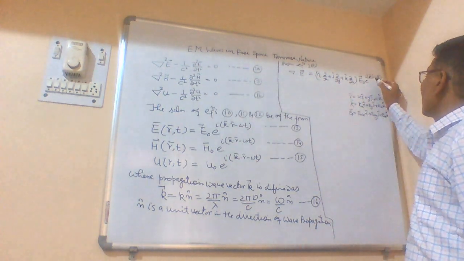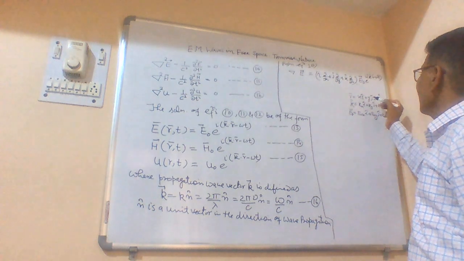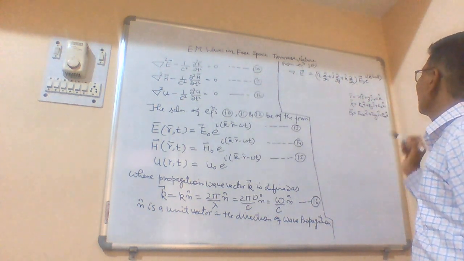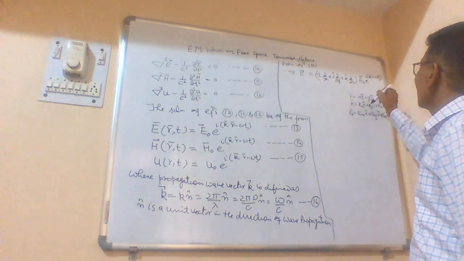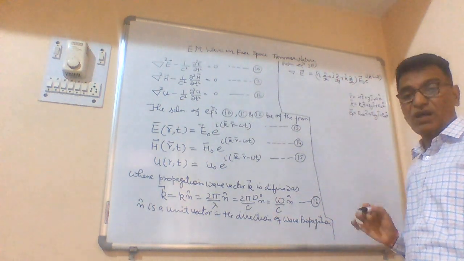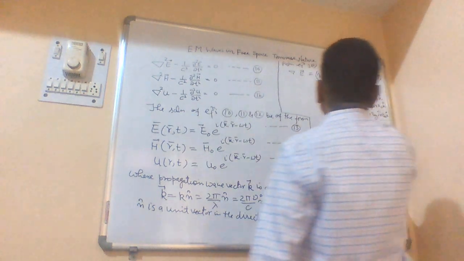So here k dot r means kx x plus ky y plus kz z minus omega t. So when we substitute the values of all these factors in the divergence E, we will get